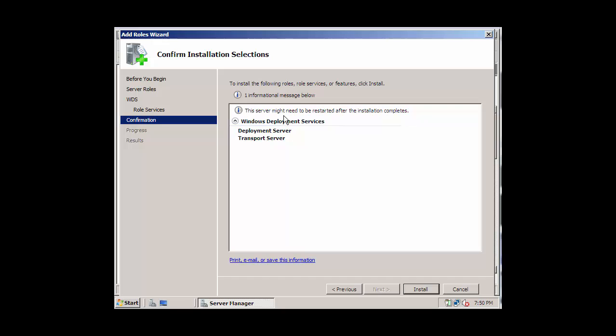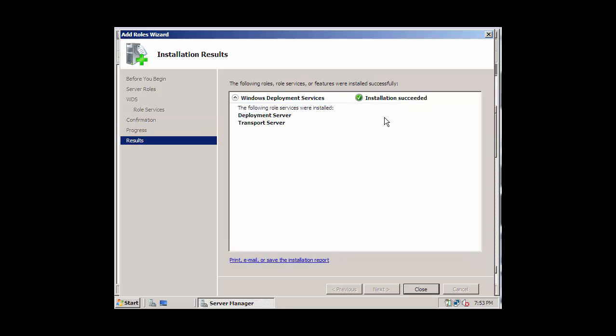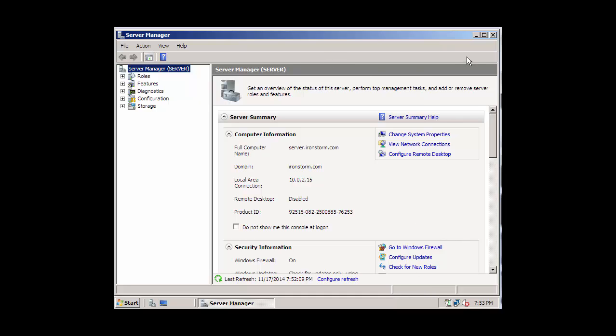So now it says this server might need to be restarted after the installation completes, and we're going to go ahead and click on install. Let the installer run, and there it goes. According to the power of your server is the amount of time this will take, but just for this tutorial we will speed this up a bit. Now our installation has succeeded and the following roles were installed. So I'm going to close this, and I'm going to close the Server Manager,